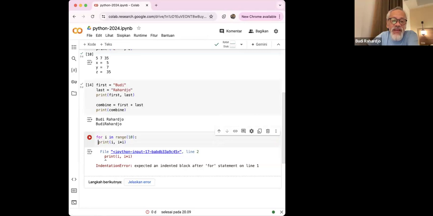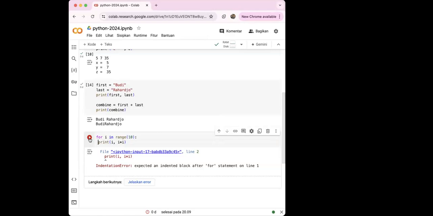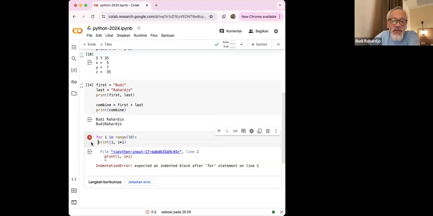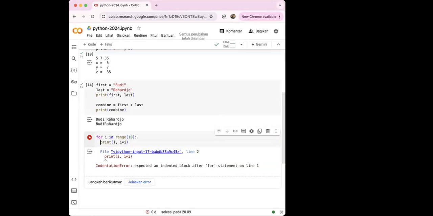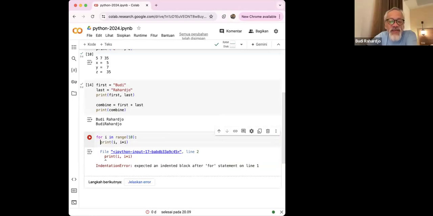Usually Python will give you 2 spaces. If you delete this, press delete again. If you hit enter, Python will reformat it for you. If you run it again, now it works.